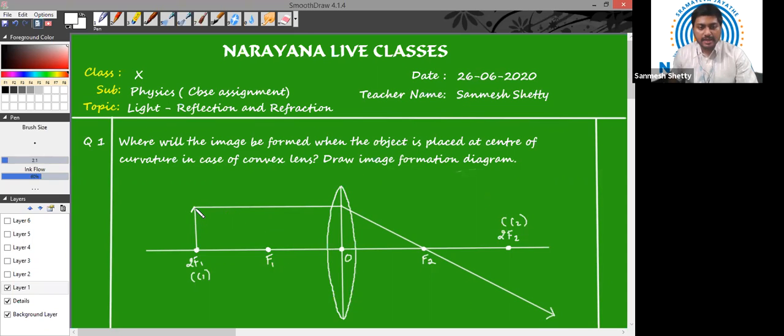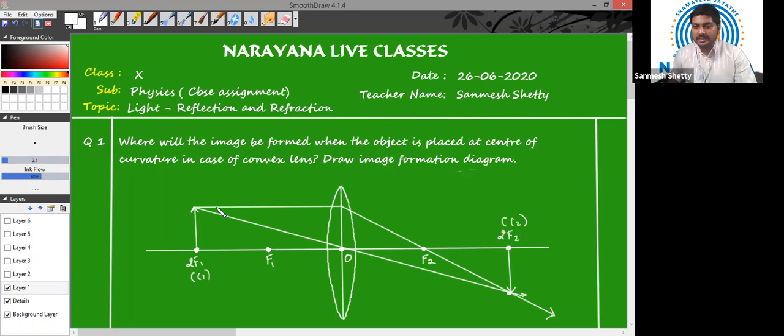Again, let us draw another ray which is passing through the optical center. Now the ray which passes through the optical center passes undeflected. According to our rules of image formation, the ray which is passing through optical center passes undeflected. So both our rays intersect at this particular point. So this is the head of my image. So let me draw an image at this point. Like this, my image will look like this.